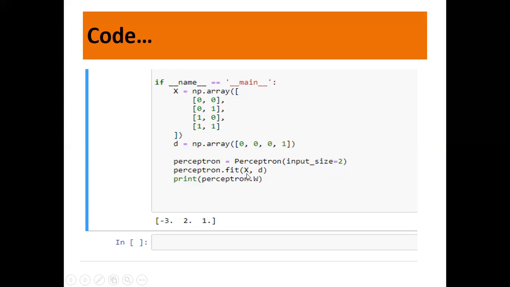We are passing it to the fit function. X is this input vector and D is the desired output vector. And we are printing the perceptron weight. Once you print perceptron W, it gives you -3, which is nothing but the bias. 2 is the weight associated with input x1 and 1 is the weight associated with input x2.